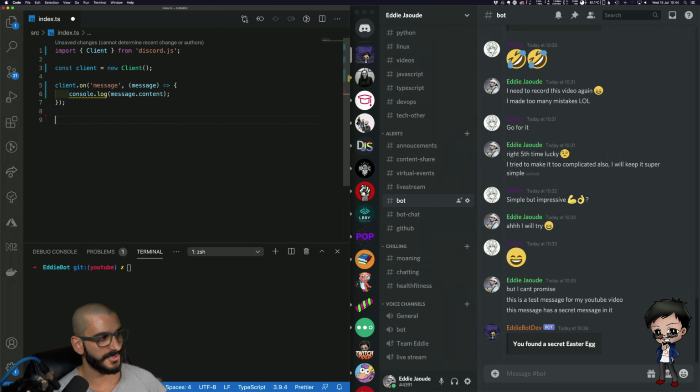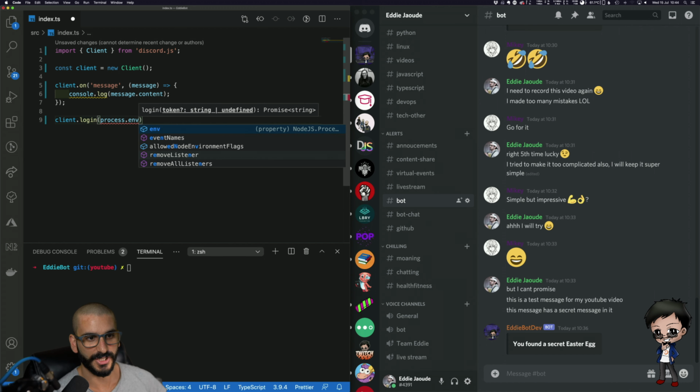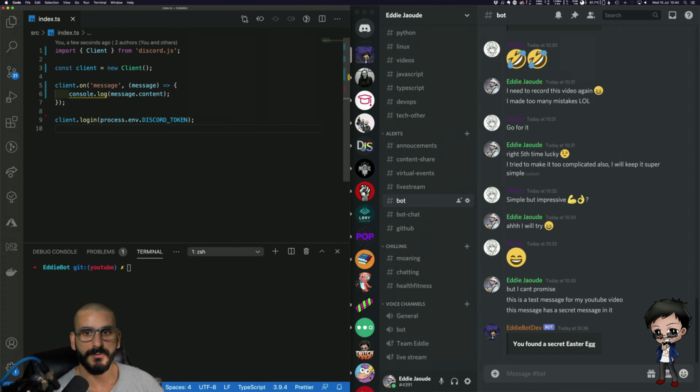And then the next thing we need to do is get it to log into our Discord server. As I mentioned before, you'll need a Discord token. I put my Discord token in an environment variable so it doesn't accidentally get committed to the project or displayed